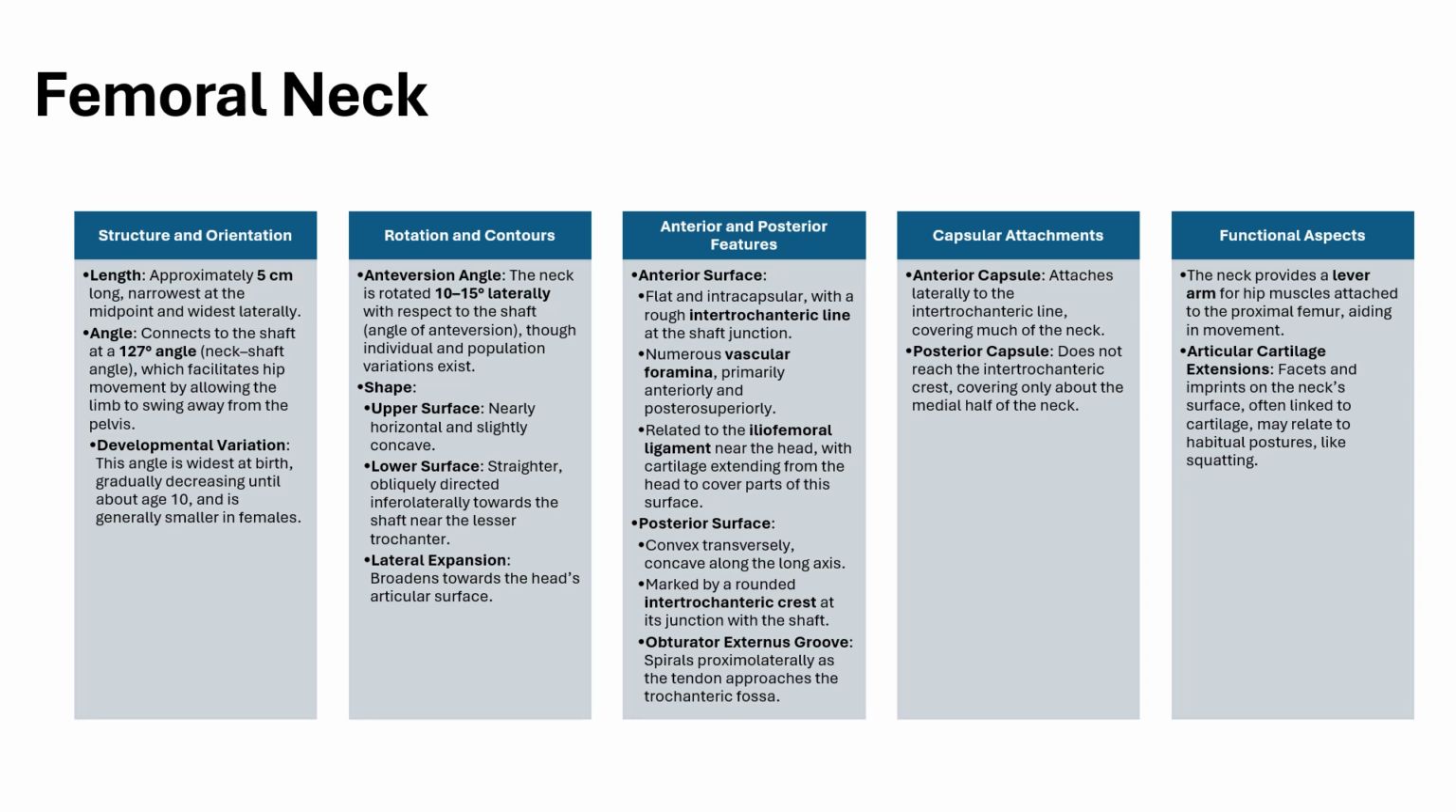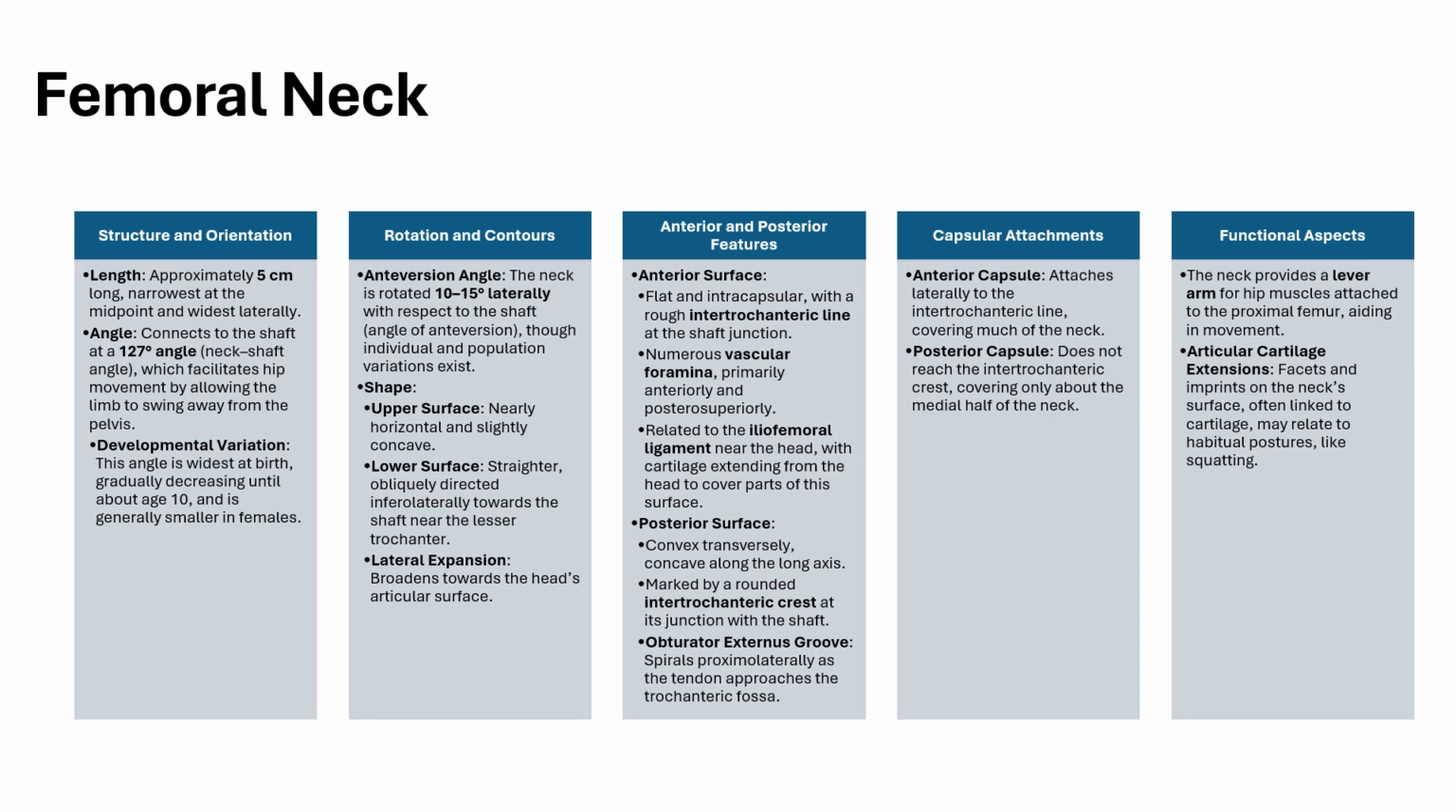The anterior and the posterior features. The anterior surface is flat and intracapsular with a rough intertrochanteric line at the shaft junction. Numerous vascular foramina are present primarily anteriorly and posterosuperiorly. Related to the iliofemoral ligament near the head, with the cartilage extending from the head to cover part of its surface. Posterior superior surface is convex transversely and concave along the long axis, marked by a rounded intertrochanteric crest at its junction